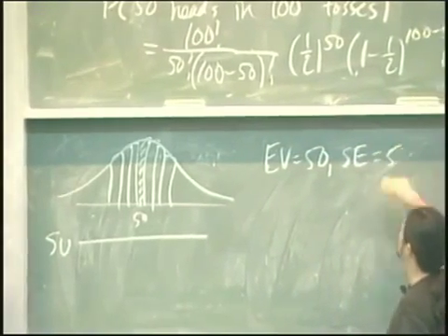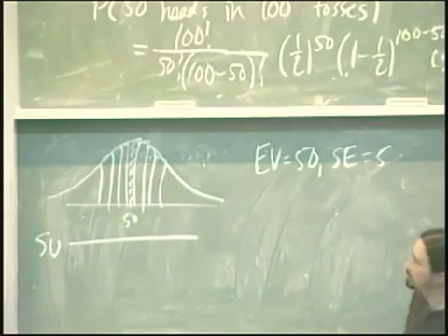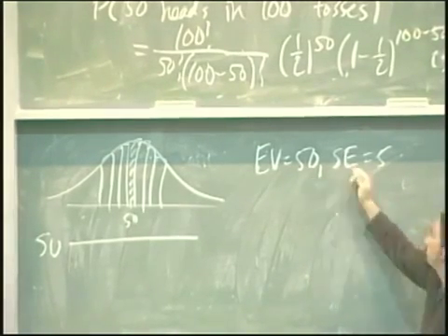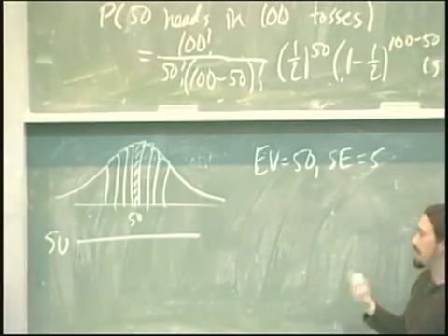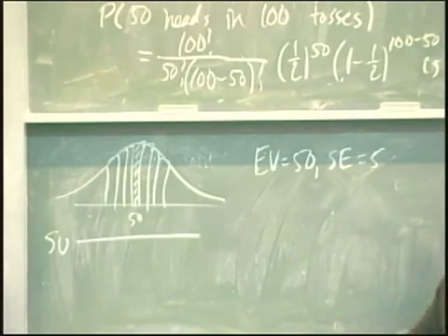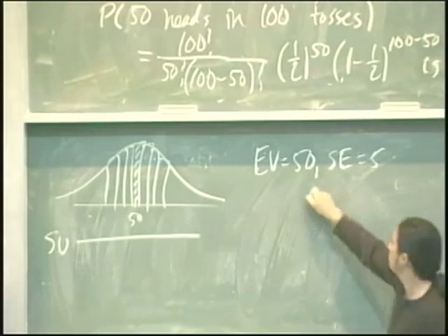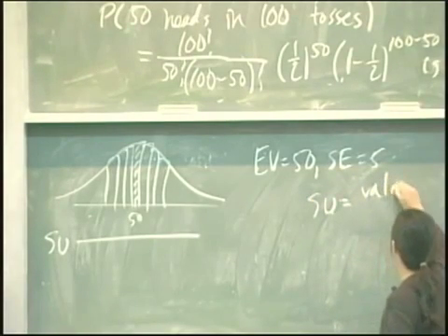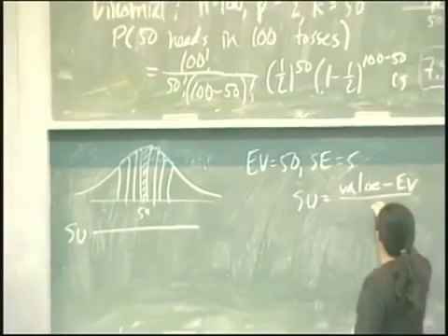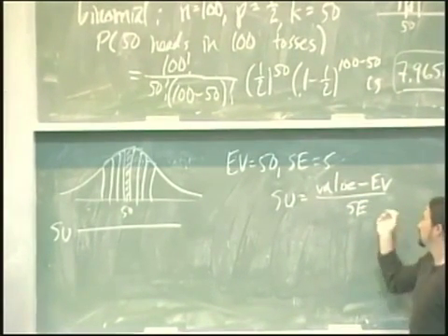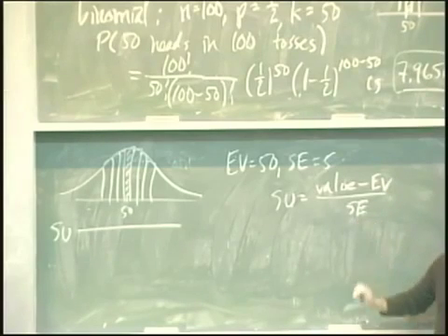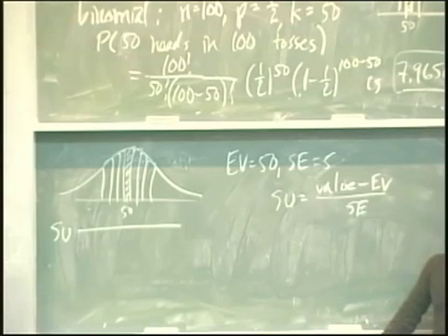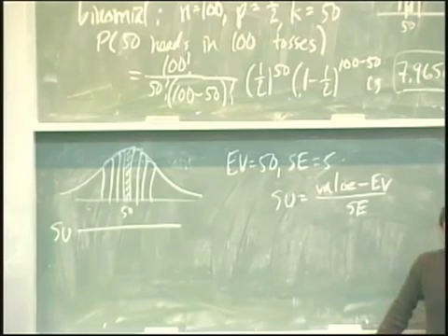I won't calculate that again, but it's the same box model. I erased it, but yes, expected value is 50, SE is 5. So we're going to take a value, subtract off the expected value, and divide by the standard error. That's going to give us standard units. This is analogous to what we would do with average and standard deviation. What's the value I'm going to use here? Any thoughts? Someone said 50. What will happen if I do 50? I'm going to get 0.